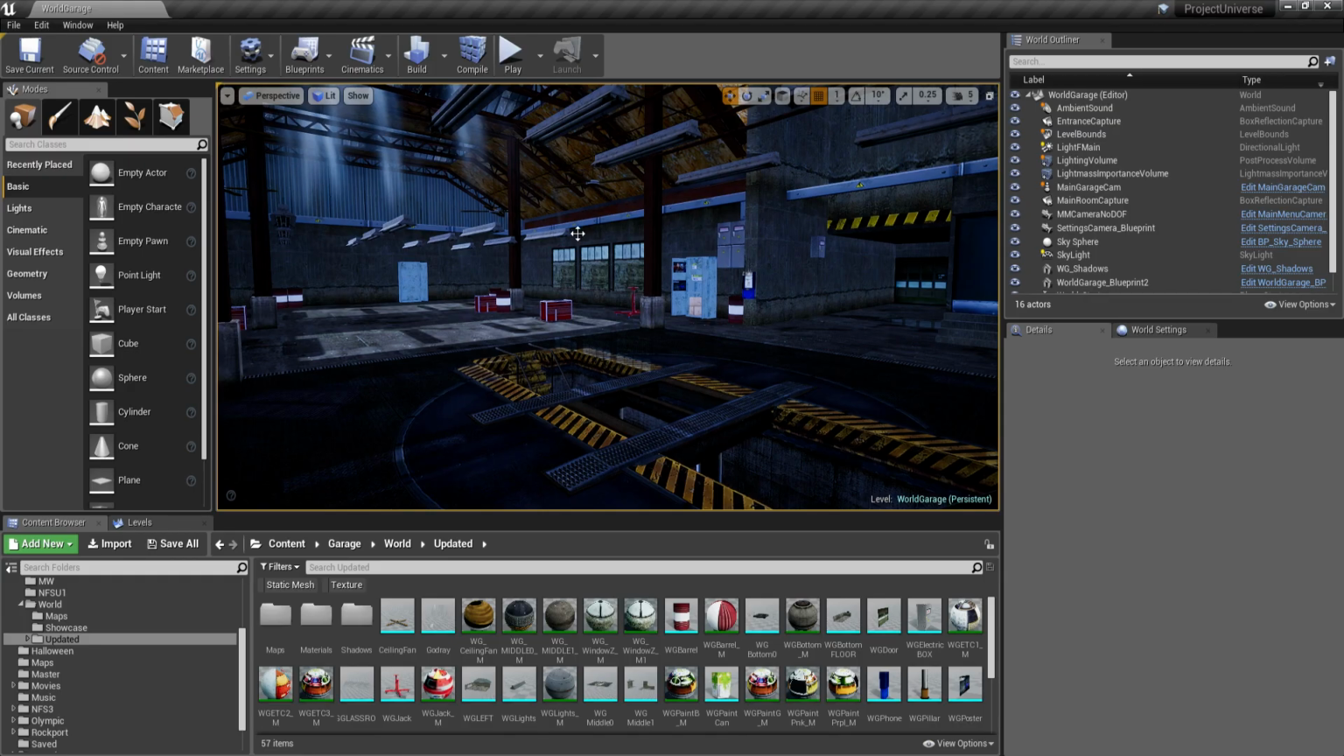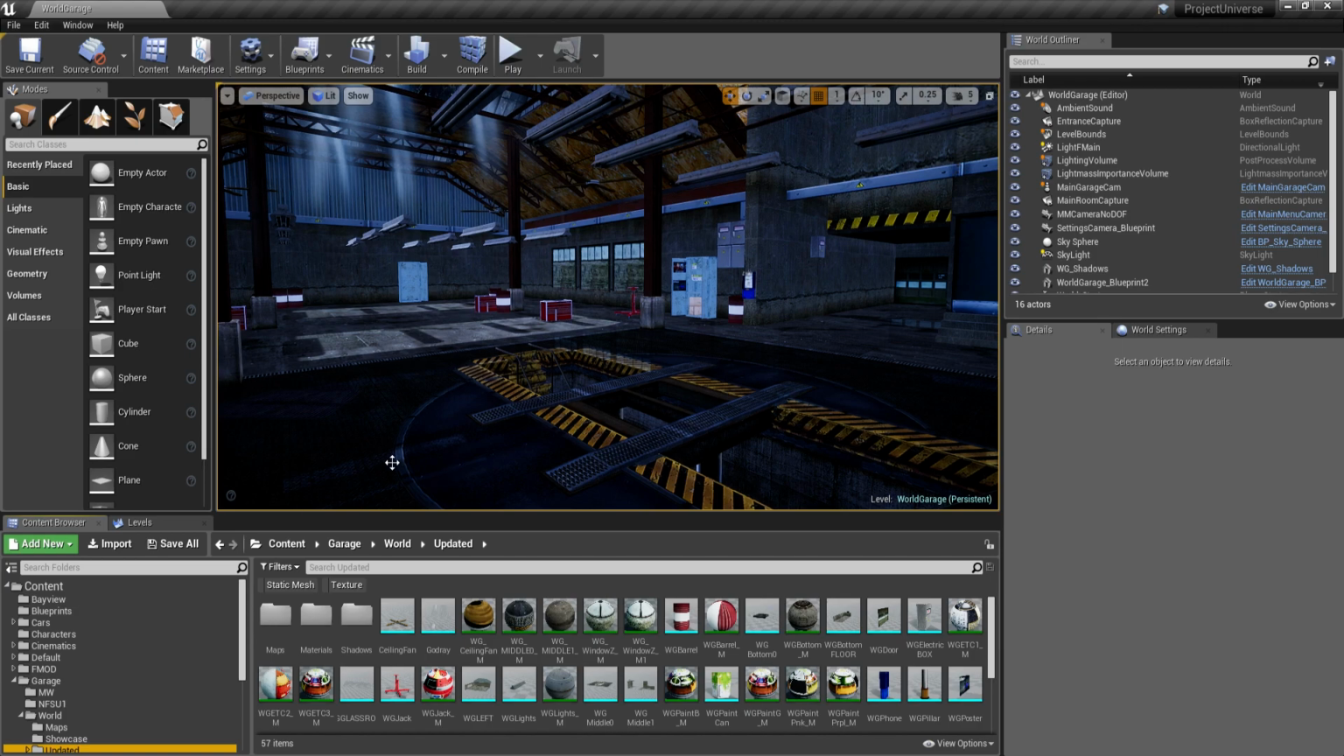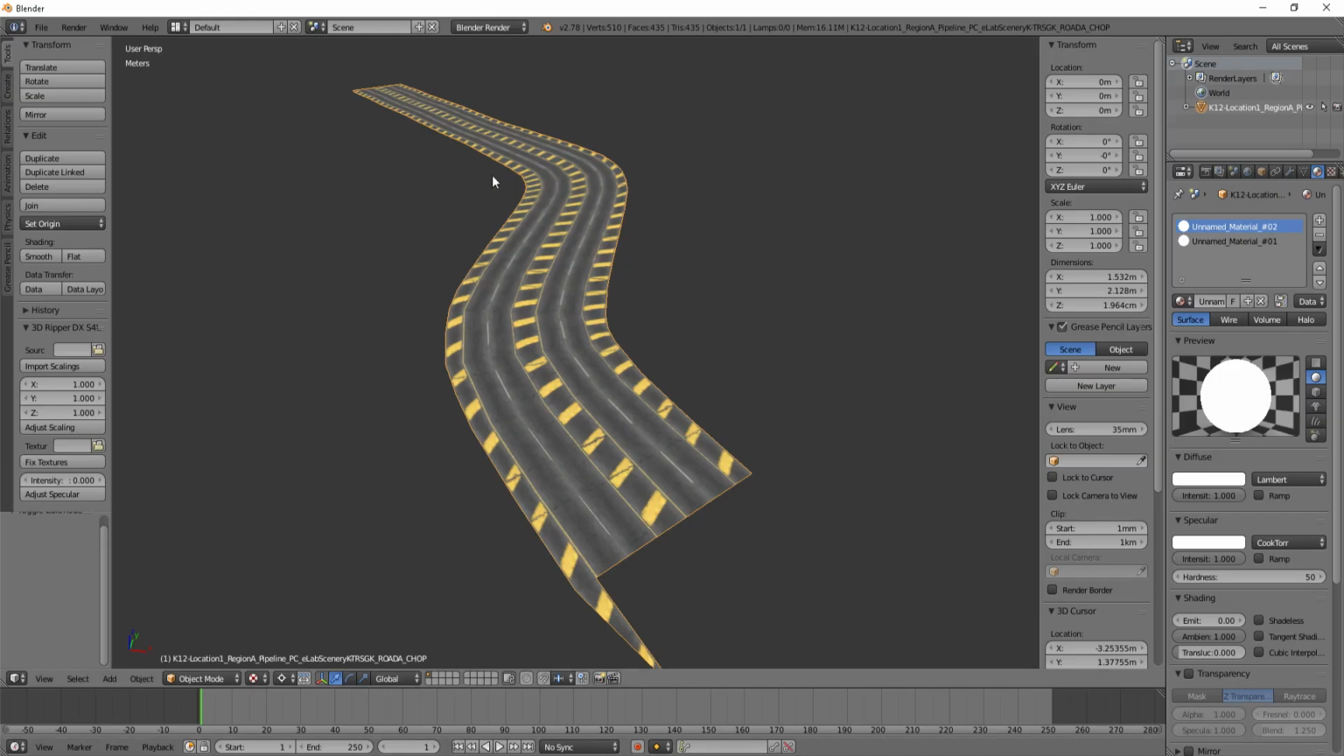Okay, so now we're in Unreal Engine. You'll have an empty map. Unlike I have here, you'll just have an empty map, but your editor should look about the same. So to get those assets, we're going to have to convert them to an FBX file. So we go back into Blender,